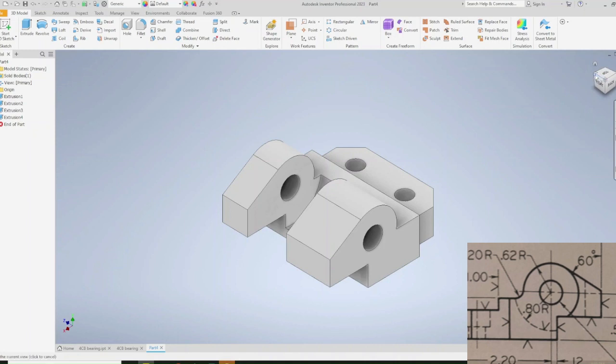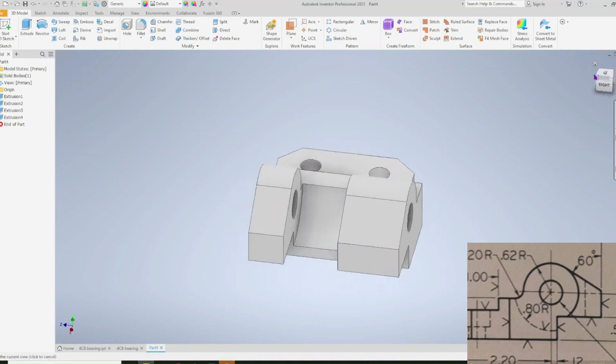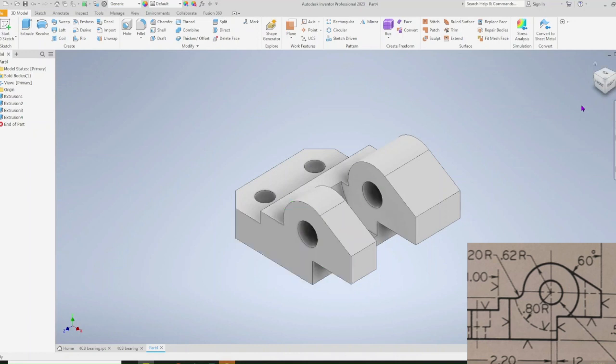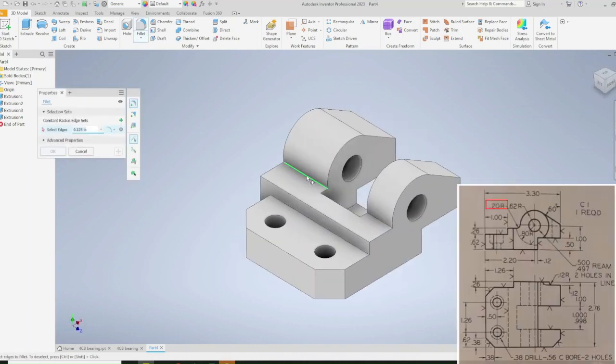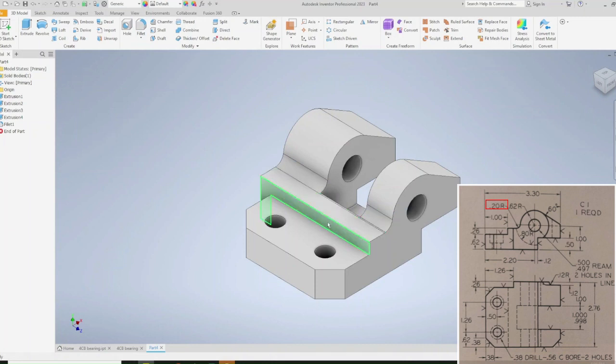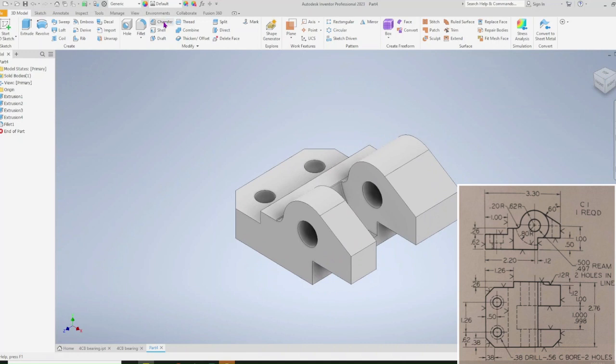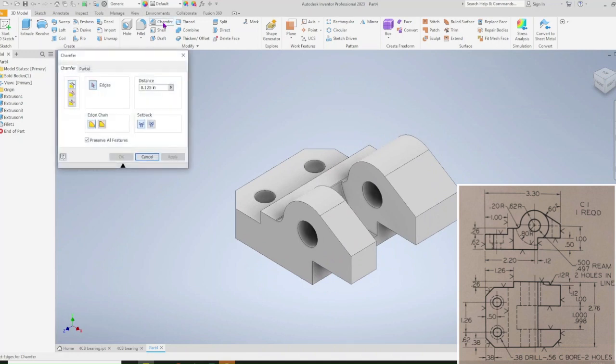We do need to add some fillets and some chamfers. The first fillet that we're going to add is going to happen here and here and has a radius of 0.2. And the chamfer that we're adding, the chamfer just means that it is a 45-degree cut. And since it doesn't have any information, we're going to be choosing this back face and leave it at default